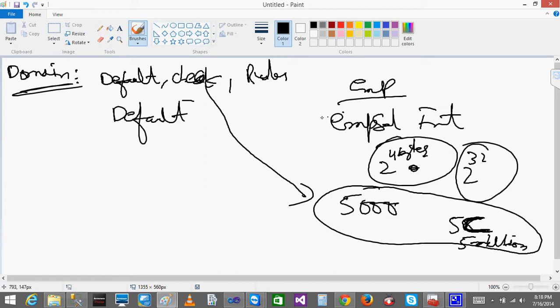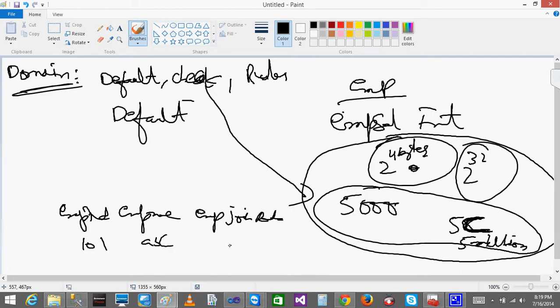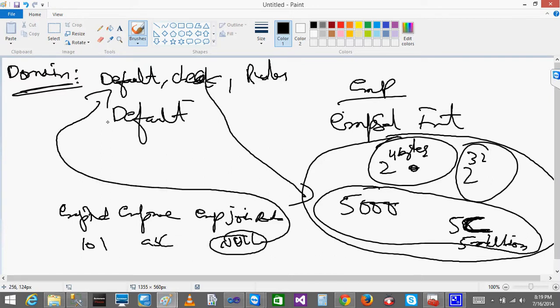And suppose you didn't insert any value. Let's say this is my table, with EMP ID, EMP name, and EMP join date. Here I'll have EMP ID as 101, EMP name as ABC. If I don't insert the join date, it will be inserted as null. So instead of null, if the user doesn't insert any value, I want to give today's date as the default date. That I can do by using the default constraint.